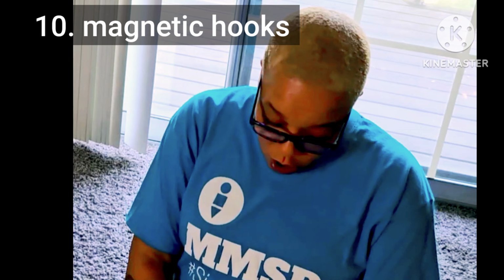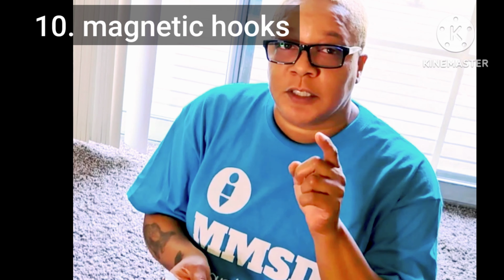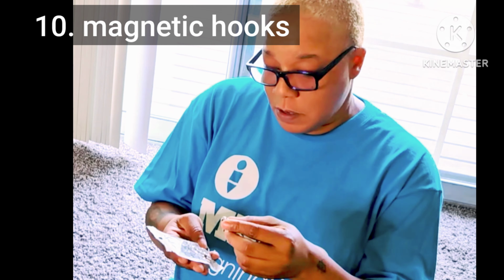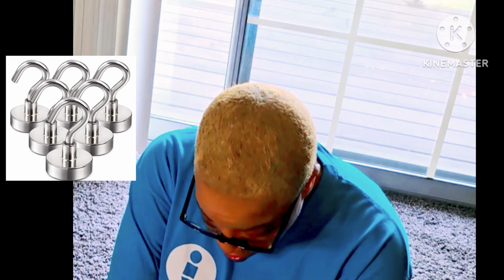The next essential were hooks. And this is where Temu will get you, because you're expecting a big old hook. I'll insert a picture. And this is what came to me. I didn't realize the bag was open like this either. So